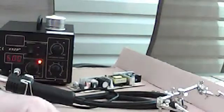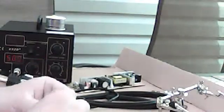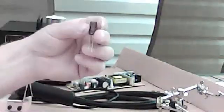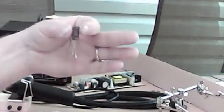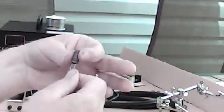You got to remember, you got your positive and your negative. Our positive is the longer side. Negative is the shorter side, the shorter lead. Okay, and another way that you can tell how to do these on the boards